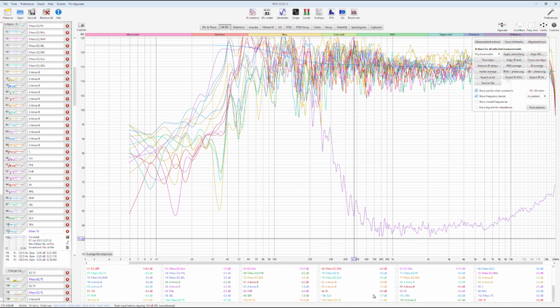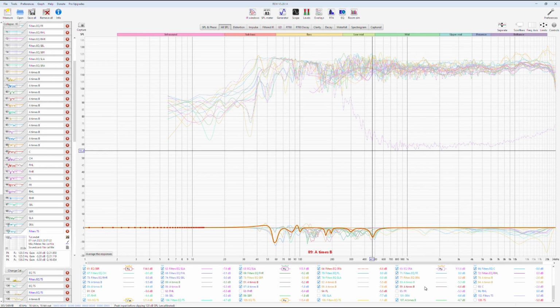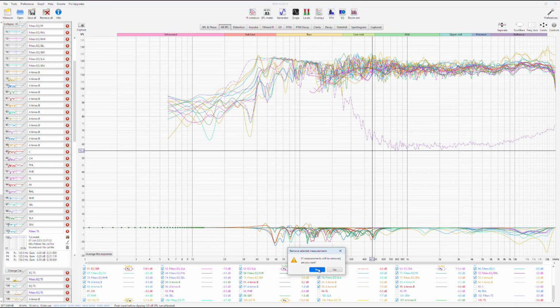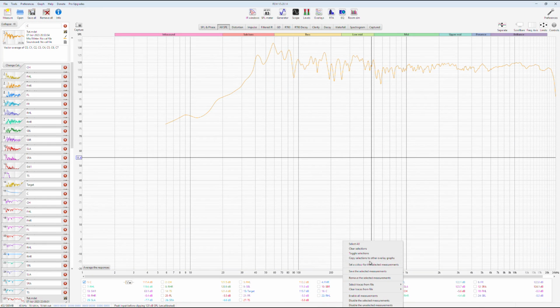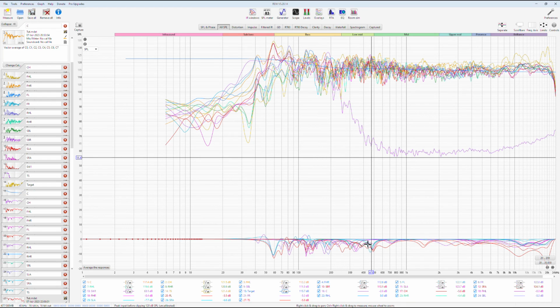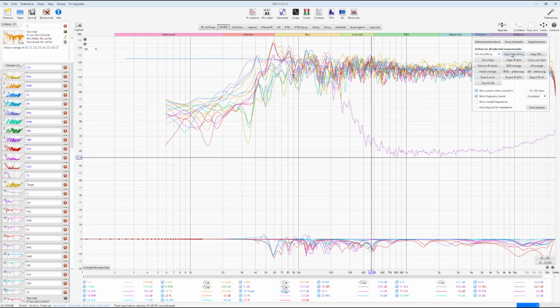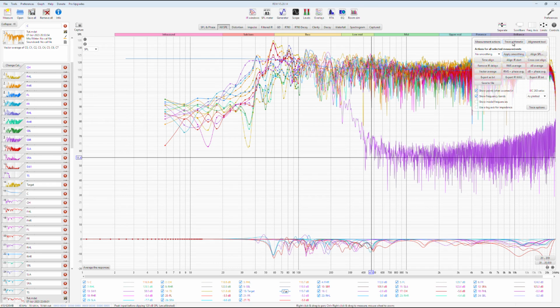These are all the original measurements and these are all the final filters. Toggle and remove and select all, just to see what we missed. Doesn't seem we missed anything. Okay, now we are calculating the proper responses, but to calculate responses properly you have to remove all smoothing. No smoothing to everything. And now trace arithmetic, and let's start.